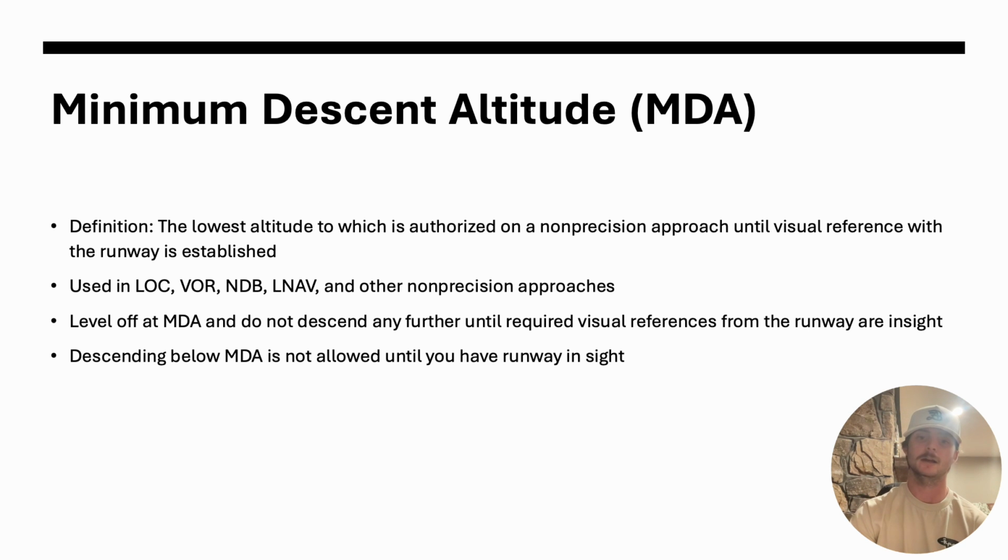Now we need to go over what a minimum descent altitude is to get a better understanding of the difference between the two types of approaches. The definition of an MDA, a minimum descent altitude, is the lowest altitude authorized on a non-precision approach until visual reference is established with the runway. MDAs are used in non-precision approaches such as the LOC, VOR, and LNAV. These approaches do not provide vertical guidance, but they do provide lateral. When you reach the MDA, you may level off, but you may not descend below it without having the runway